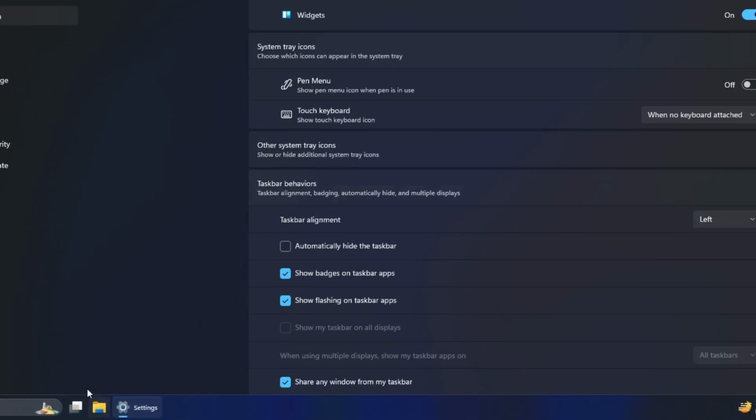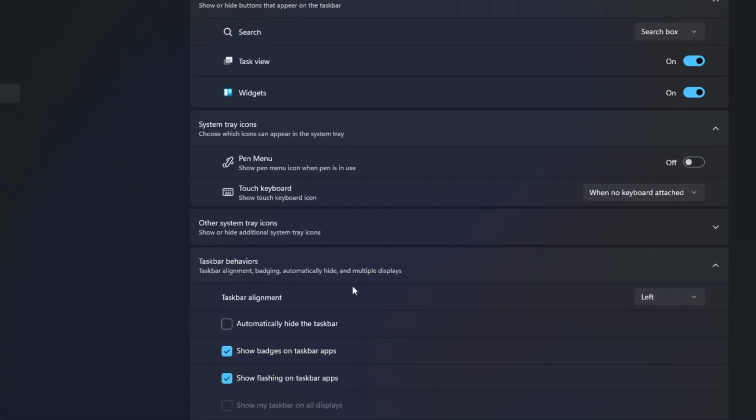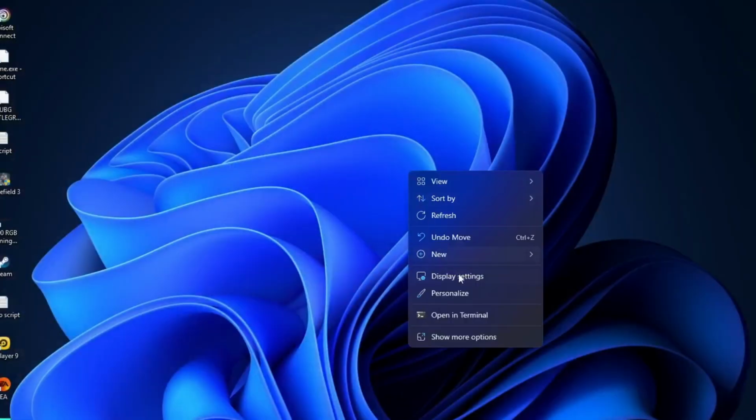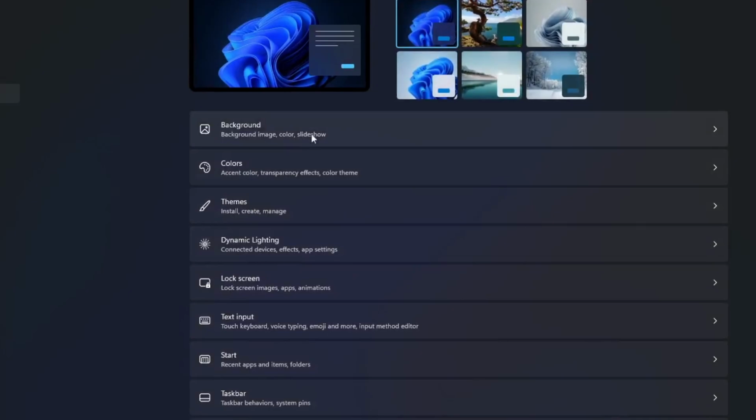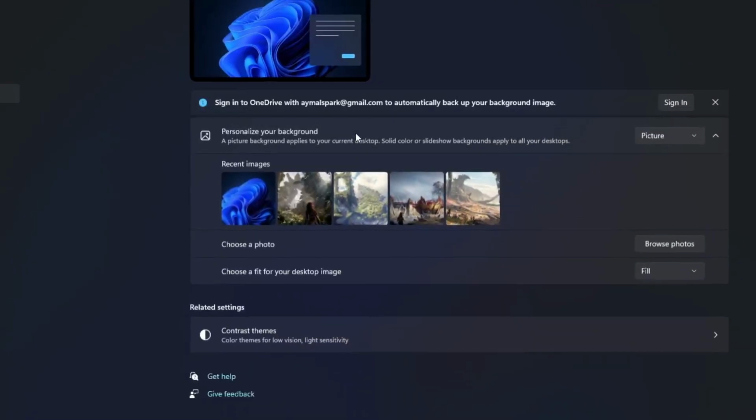Next, let's change the look of your desktop. Right-click on the desktop and choose Personalize. Here you can switch between light and dark mode or choose a custom color accent that changes the look of your taskbar in Windows. You can also pick from built-in themes or create your own by combining a wallpaper, color,